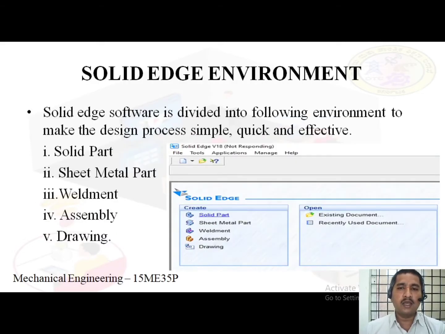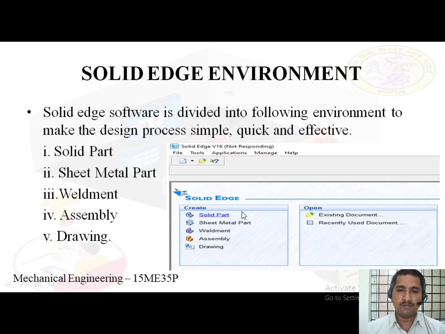Here is the Solid Edge environment. This window shows once you open Solid Edge. In this window, there are many Solid Edge environments.